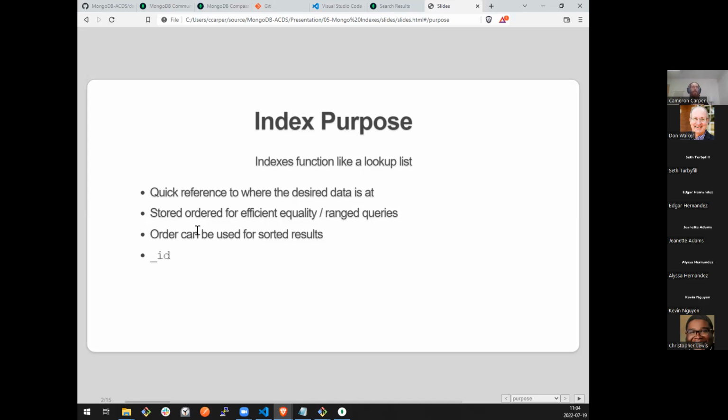So using our people example, say we're very frequently going to query them and then order them by their age for some reason. We might have an index on the age field that is sorted ascending if we wanted to sort them ascending, because sorting procedures can be somewhat costly.